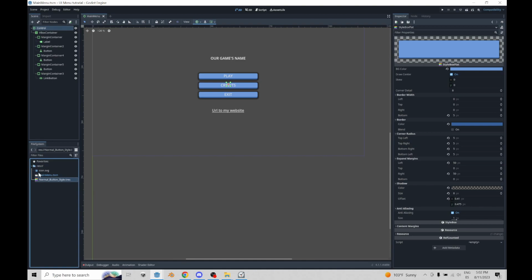Then in your folder hierarchy, you can just Control D, save it as pressed, then Control D again, and save it as hover. So now you have the same style duplicated. You want similar styles, but you don't want them to be exactly the same, so you'll edit each one of them. For example, when I'm hovering,